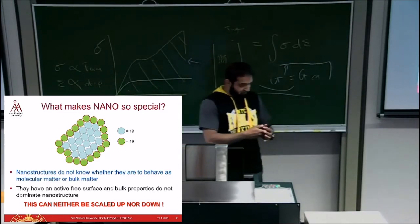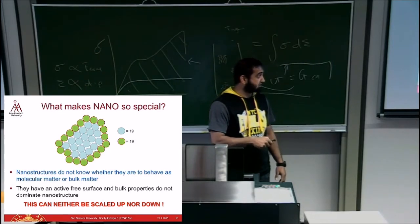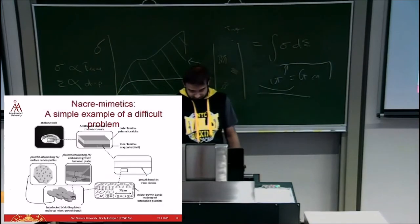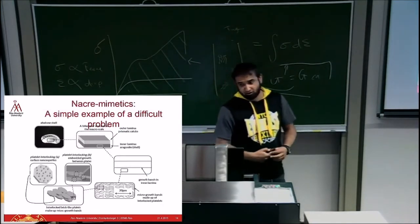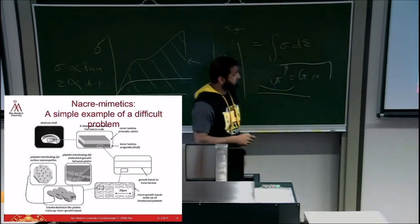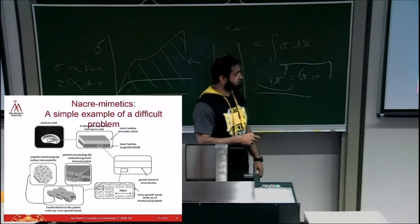So it's a very special size range in that sense, and it can't thus be scaled up and it can't be scaled down. And nacre is a good example. It's a simple example of a difficult problem. So we have abalone shells. And if you look at these in detail,